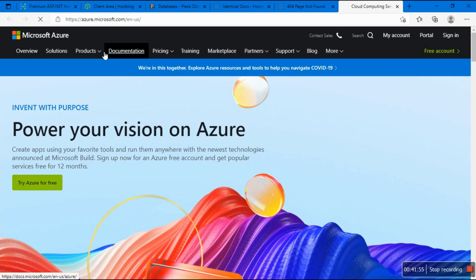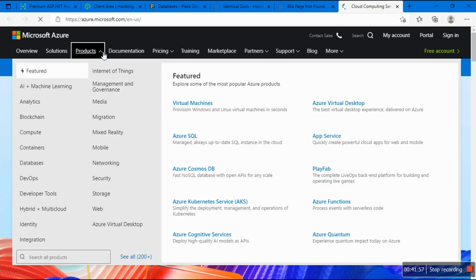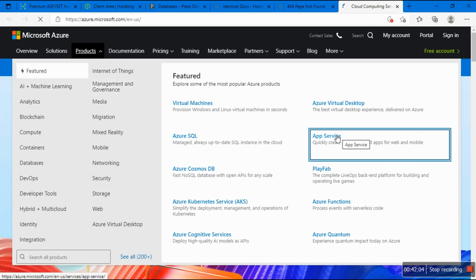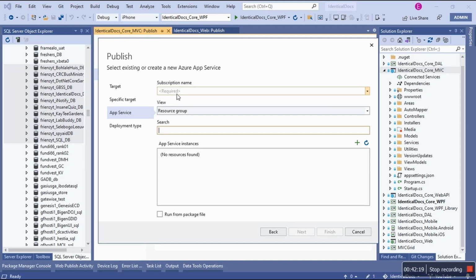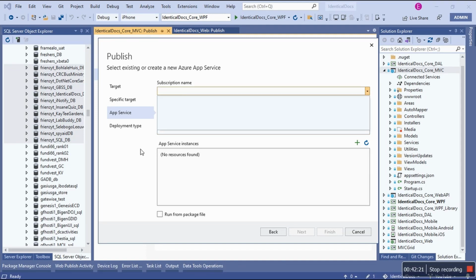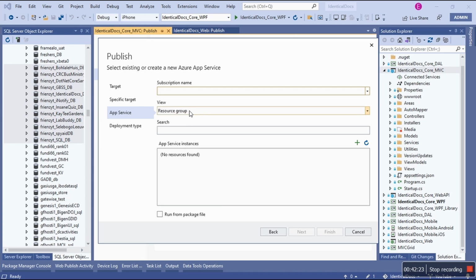Okay, number one, we're gonna go for products, and we're gonna go for app service. How we can do web. Web is also flexible to do, but it's called app service. Compute. Okay, so you need a subscription, and then to pick up the subscription, you need the resource group, and then you need the instances. It knows how to do stuff like this.